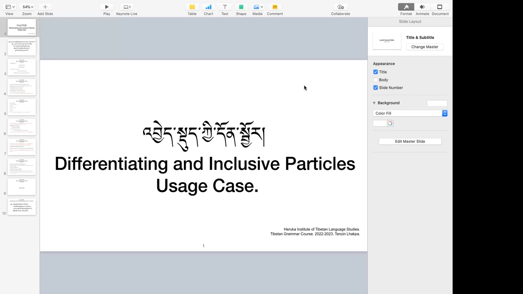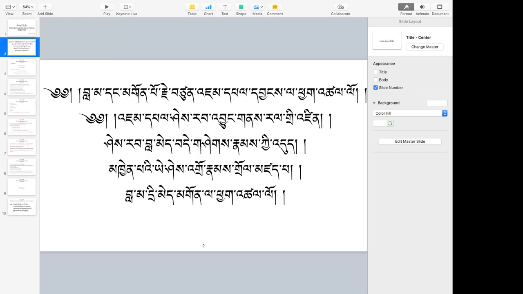Before we begin our class, I will be reciting the verse of dedication. In today's class, we will be dedicating a verse to Lord Manjushri. So we begin with the line of dedication, the first line. This line of dedication comes from the Praise to Manjushri. It's a text, so this first line is not written by me.